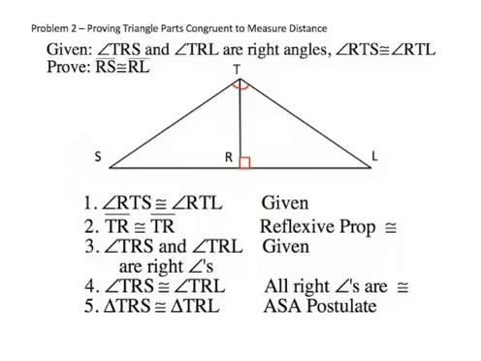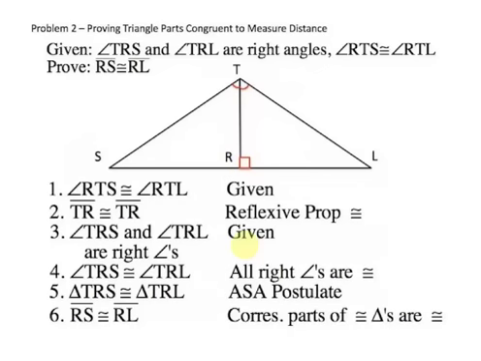Now we can say that triangle TRS is congruent to triangle TRL because of the angle side angle postulate. We have these two angles congruent and these two angles congruent and a common included side between each set of angles. And finally, we can say that segment RS is congruent to segment RL because corresponding parts of congruent triangles